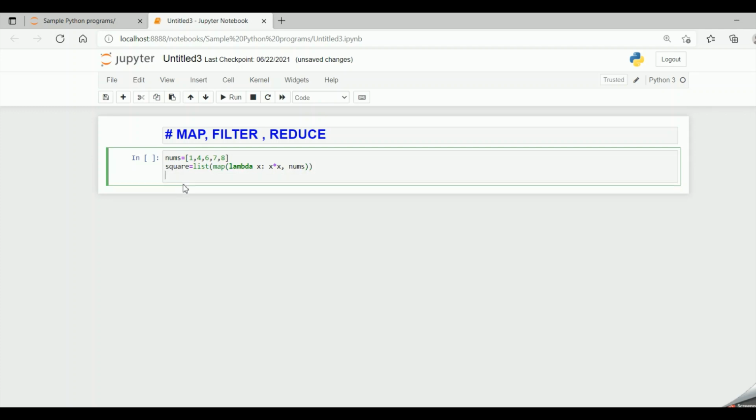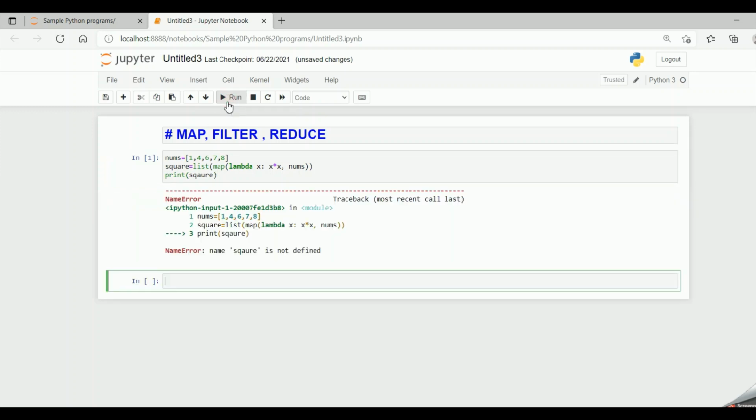Now when I say print square, we get it in the list output. We get the output in the list format because we are passing list over here. So the map object gets converted into a list and it will print out the output in the list format.